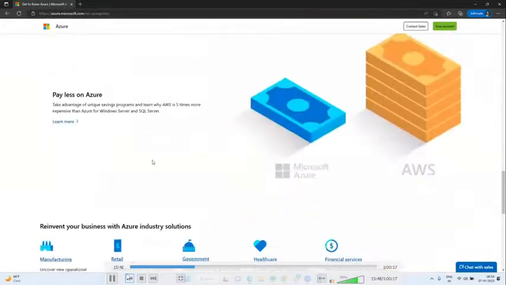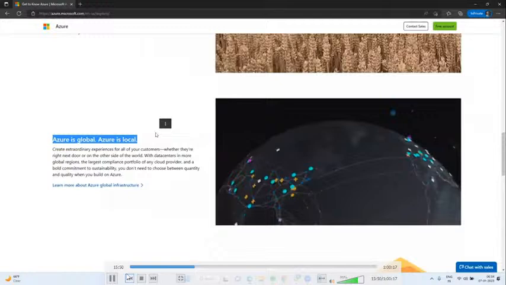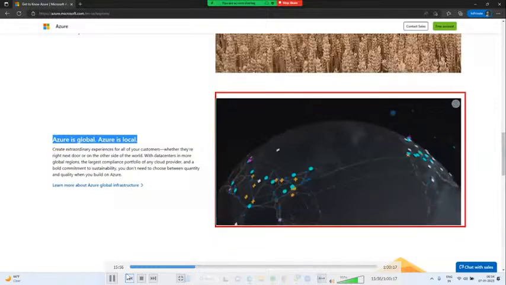So this is Azure. Why Microsoft? See, Azure is global and Azure is local. Azure is local in the sense that, for example, if a state government would like to store its data in our cloud data centers, they can store the entire local state data in Azure data centers.